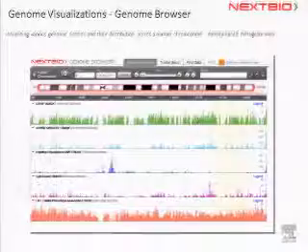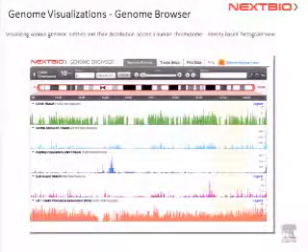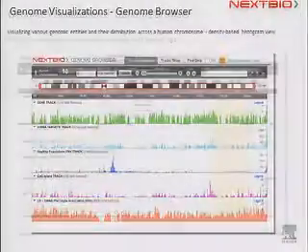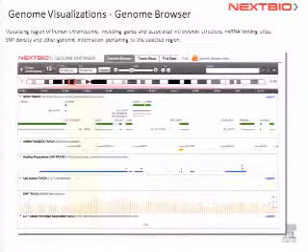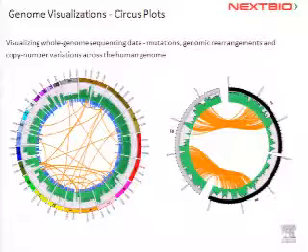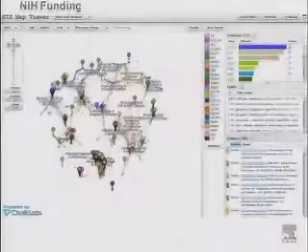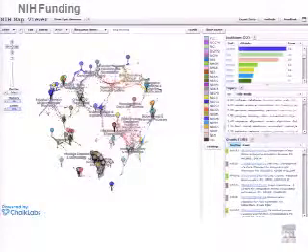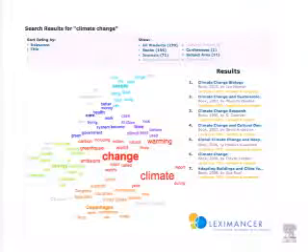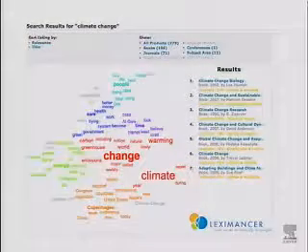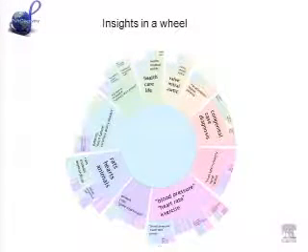Another company working in visualization, again, you can visualize the whole genome, and you can drill down. You can get much, much more insight, much more intelligence from this kind of visualization. So those are helpful for specific niche areas. If you want to see NIH funding, this is another tool where you can look at how the whole funding is distributed. If you want to look at the whole content distribution in terms of keywords, you can look at it that way. Or if you want to see everything in a wheel, you can do that too.